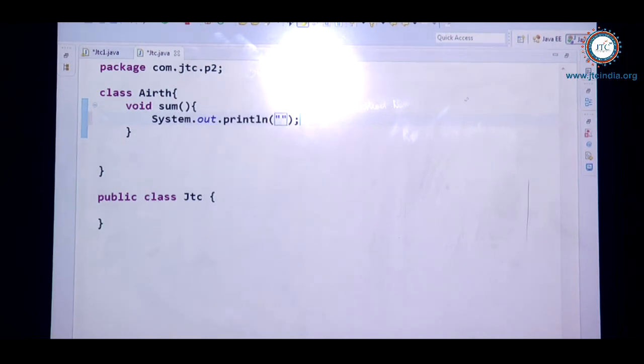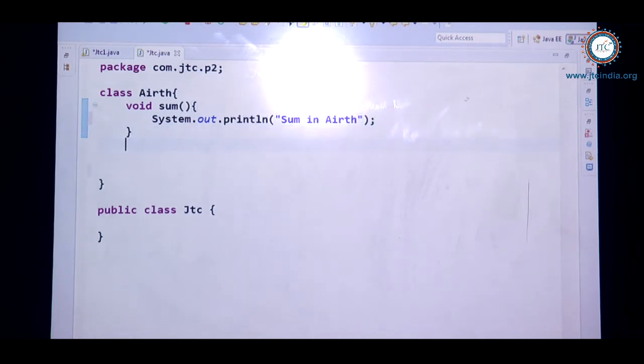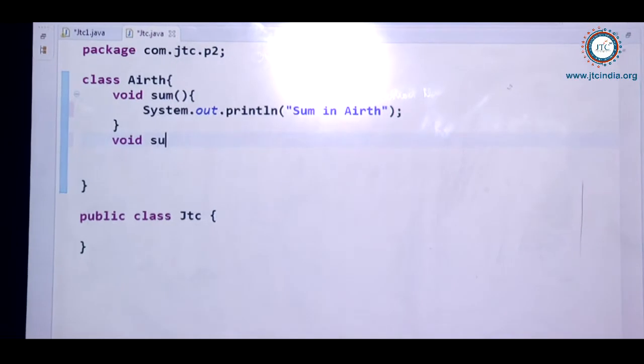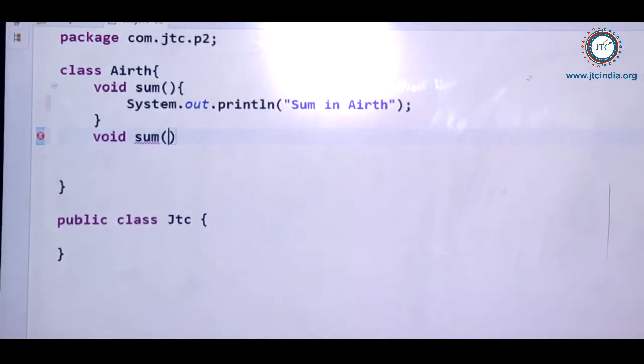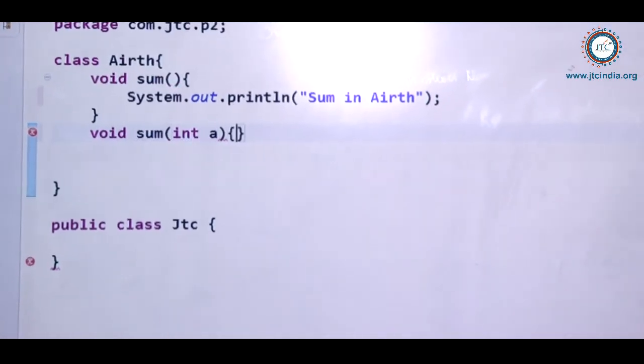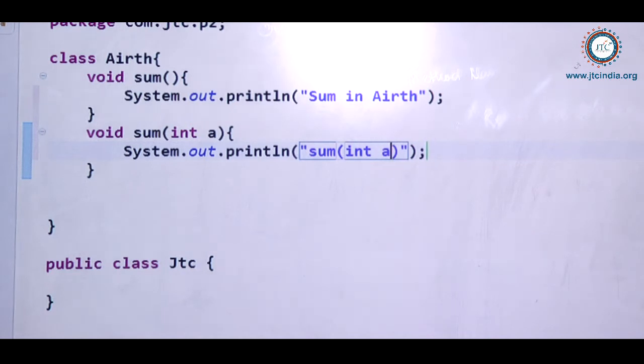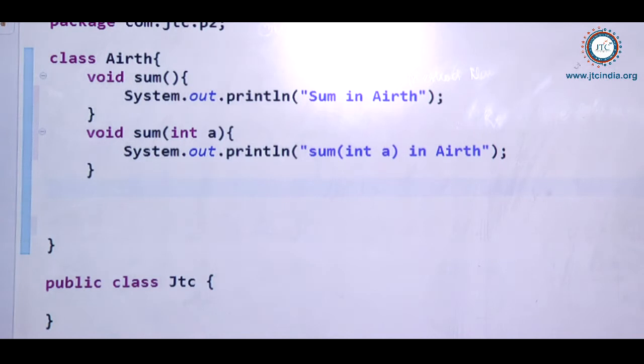Here I will show sum in the Arithmetic class. Parallelly I am writing another void sum, and inside that I am passing one more parameter, so that we could understand. One parameter I have passed.